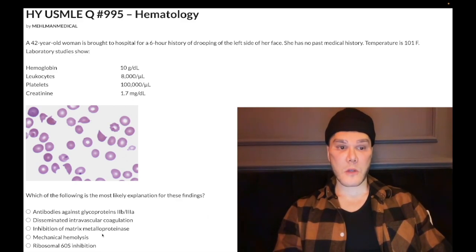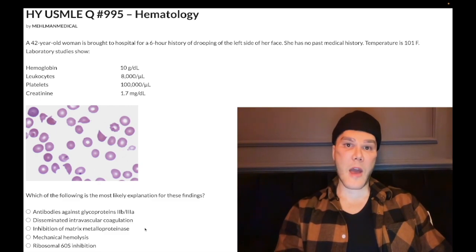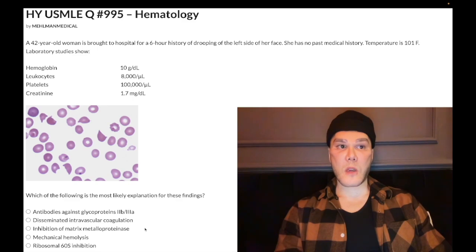Choice C, inhibition of matrix metalloproteinase, correct answer. So diagnosis is TTP, thrombotic thrombocytopenic purpura, and the matrix metalloproteinase is ADAMTS13, so you can have antibodies against it or sometimes mutation in it. So it's a condition where you're going to get a pentad of number 1, schistocytosis, number 2, thrombocytopenia, number 3, renal issues, can be increased creatinine, can be hematuria, and then you're going to get fever and neurologic signs. So long discussion, hemolytic uremic syndrome, choice E, wrong answer,